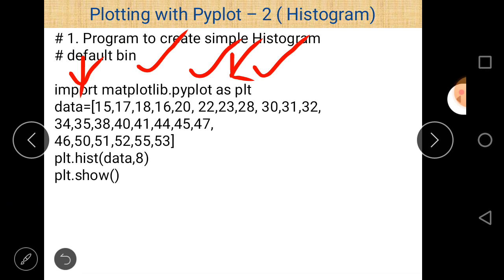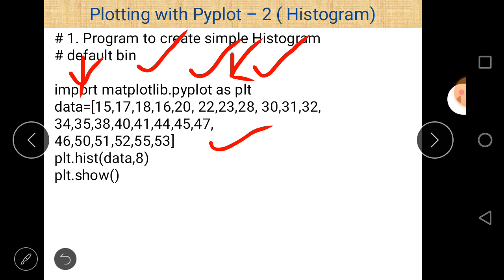Then there is a declaration of a list which contains different data, starting from 15 to 53. So we can see that the range starts from 15 and goes up to almost 55.